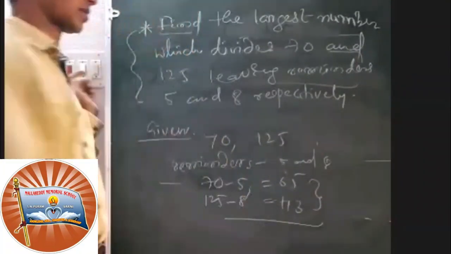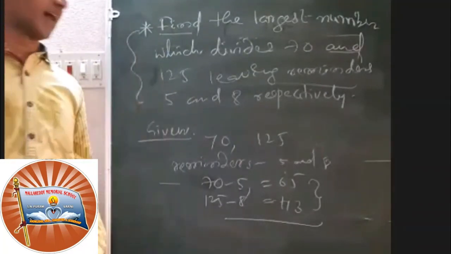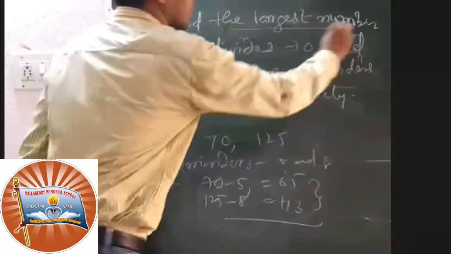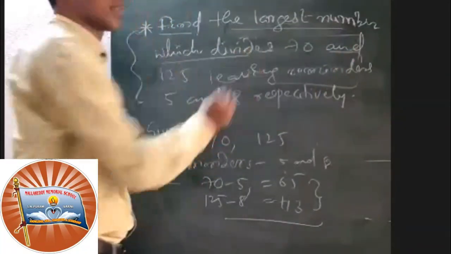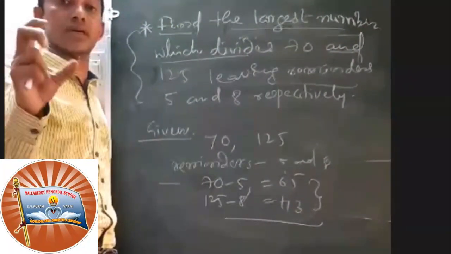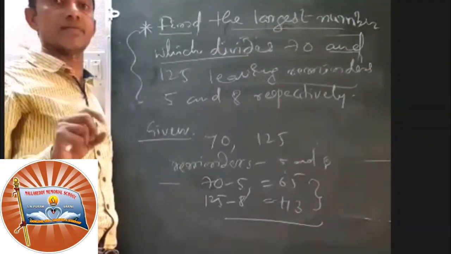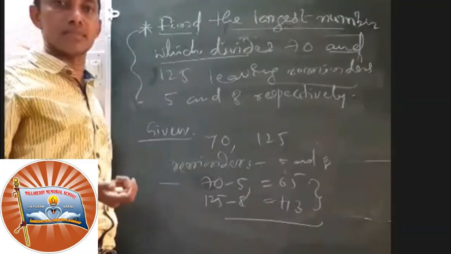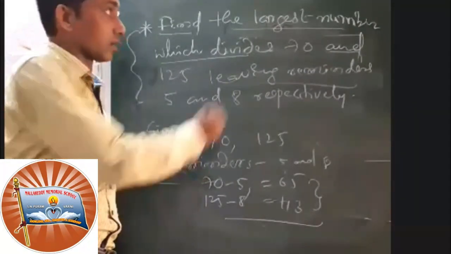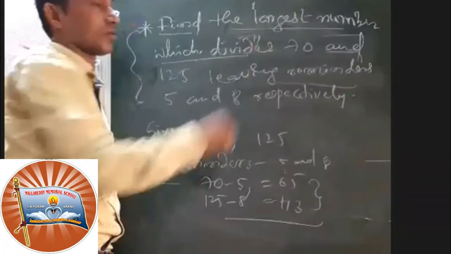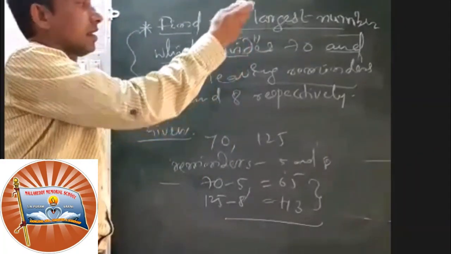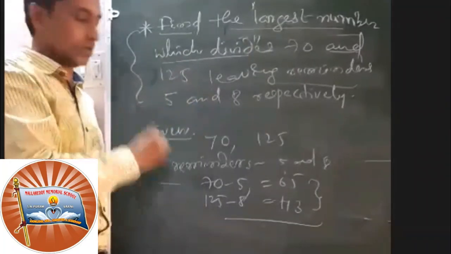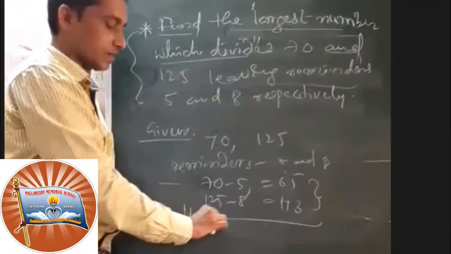Now what has he asked? Same process. Find the HCF. Find the largest number which divides; that is called the highest common factor. You should have the concept of what is HCF, what is LCM. LCM is least common multiple. This is very important in the question. Largest number which divides means that is the HCF of the given numbers. Now, same, find the HCF of the given numbers.